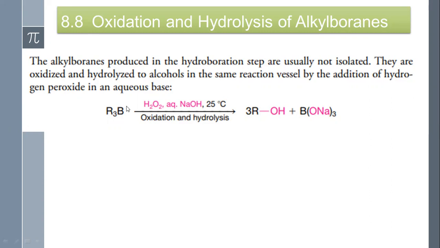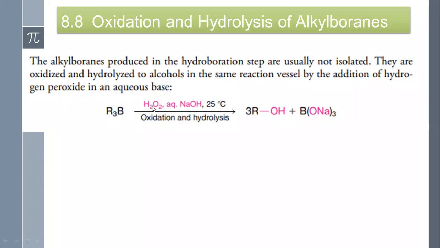Once you form your alkyl borane, you'll oxidize and hydrolyze it to form an alcohol, ROH. You get OH added to your alkene, effectively adding H and OH. So they are oxidized and hydrolyzed to alcohol in the same reaction vessel with the addition of